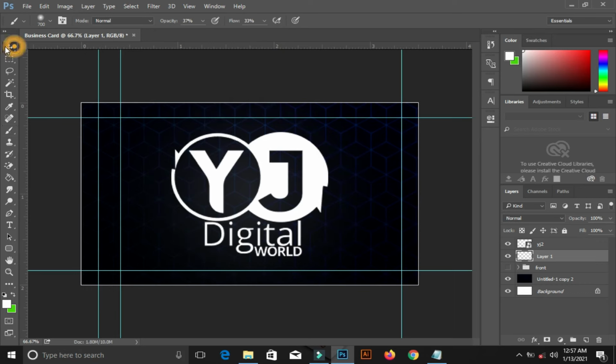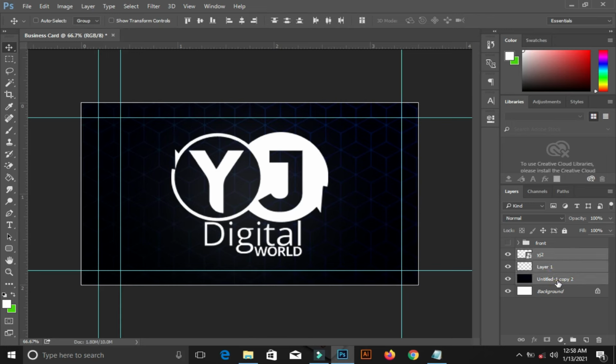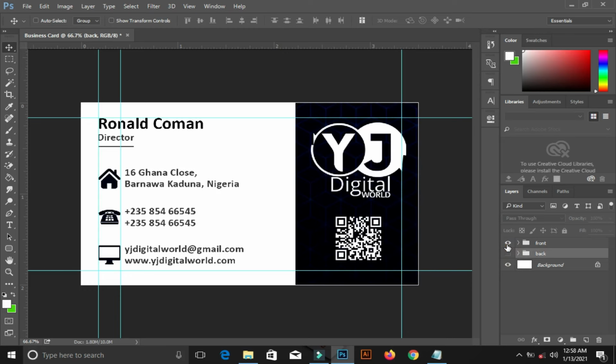Let me drop my tool and now come to this portion, select this layer, hold my shift, select this other layer, left click and drag it beneath this other layer where we have font and release it this way. Left click on this layer where I have my logo, hold shift and left click on the last layer where you have the background, Ctrl G to group, or you drag the whole content and come to here to create a group. So I can now rename here to back. That's for that. This is the back of my card and this is the front of my card.